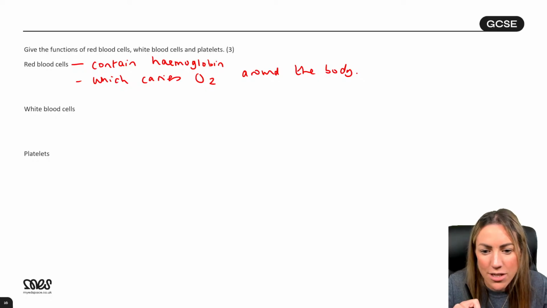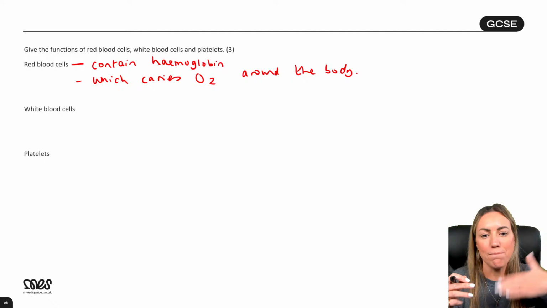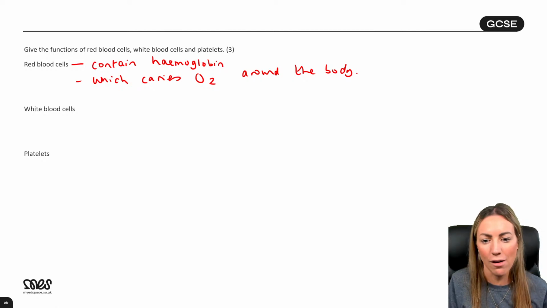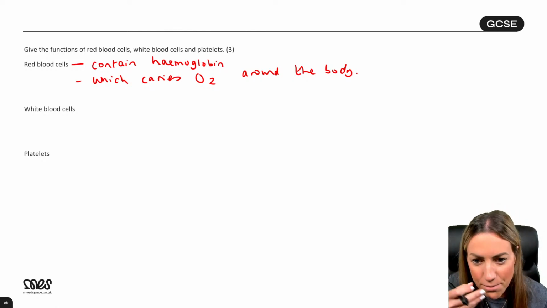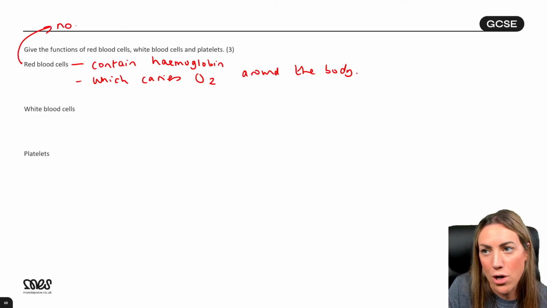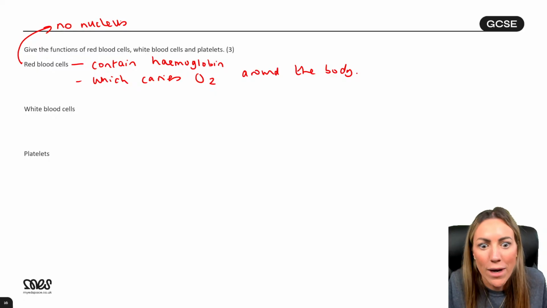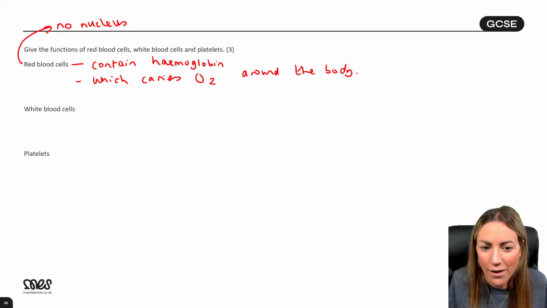While we're here, just because I think blood could potentially come up, what is an adaptation of a red blood cell? I know that's not on my slide, but what is an adaptation of a red blood cell? Yeah, it's called oxyhemoglobin. Excellent work. When oxygen binds to hemoglobin, you can call that oxyhemoglobin. Good work, Josh. Right, let's just annotate this with a bit more info. No nucleus. Why? So they can carry more hemoglobin and transport more oxygen.